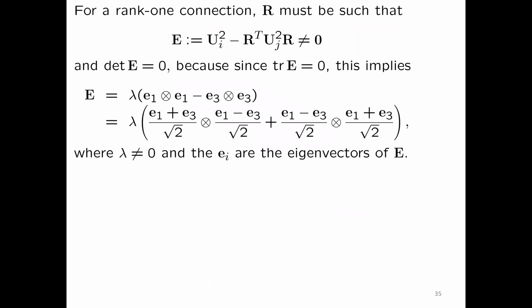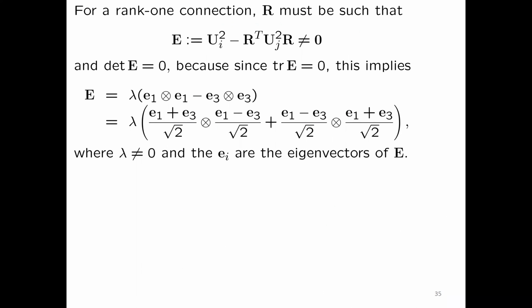So, for a rank 1 connection, we know that this matrix has to have 0 determinant, right? That was the calculation. So I've got UJR, so I take that transpose times itself, I get R transposed UJ squared R. And so we know that this matrix has to have 0 determinant, and it has 0 trace. And so